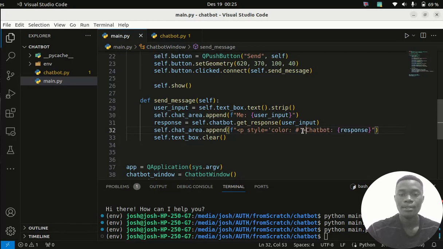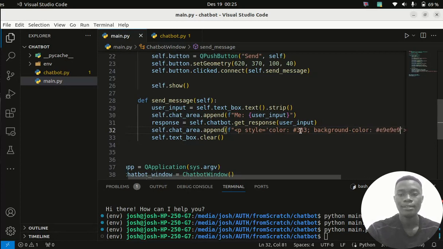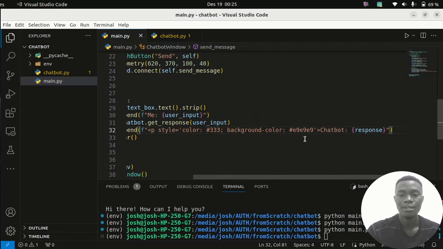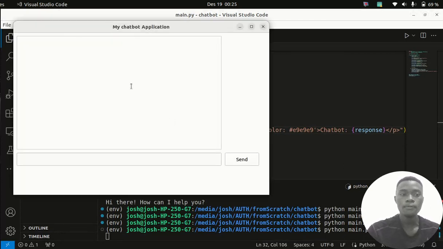The color of this will be hash 333 and then the background color, I use hash in 9. So let's try this out and see if it is really a paragraph, but we have to first close it inside there, and we say